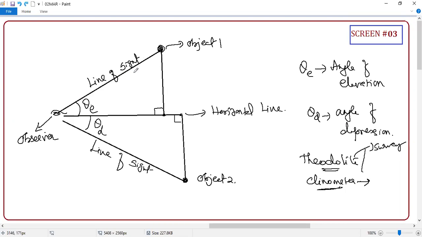Right. So guys, in this chapter, all are word problems. Means a situation will be given. Your very first work is to convert it into a diagram. When I say diagram, convert it into a right triangle. If you are able to convert it into one right triangle, then it is a 2 mark question. If you are able to convert it into 2 triangles, then it is a 4 mark question.